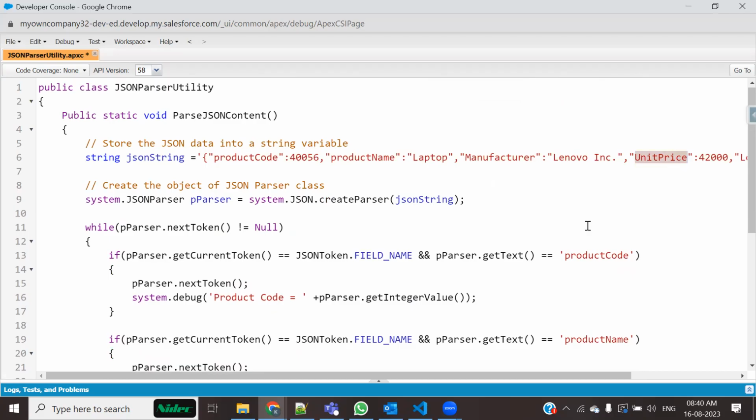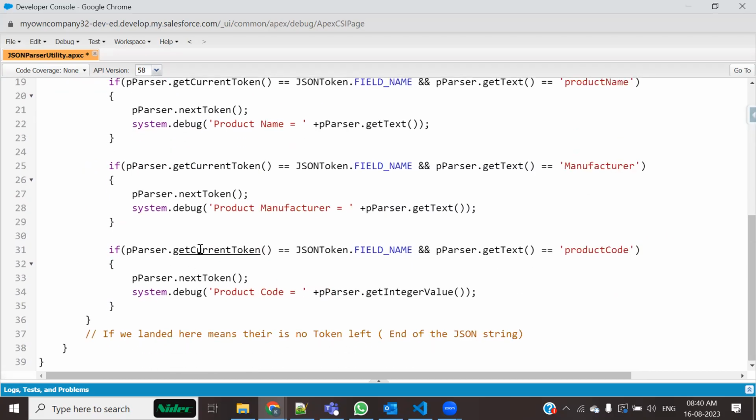What is this unit price? Give the value of p parser dot get current token. Is that current token a field name? Yes, it's a field name. If it is a field name, then get text, because field names in the form of JSON are always string. The way to take a string is get text, and after get text, the value you get